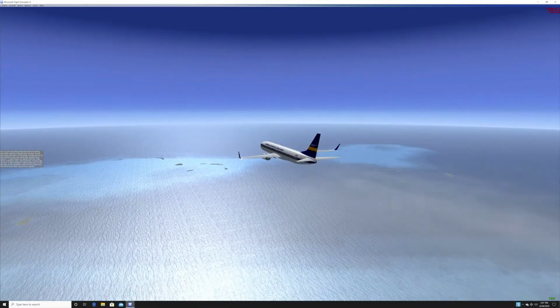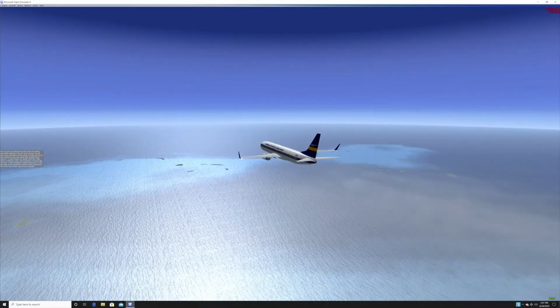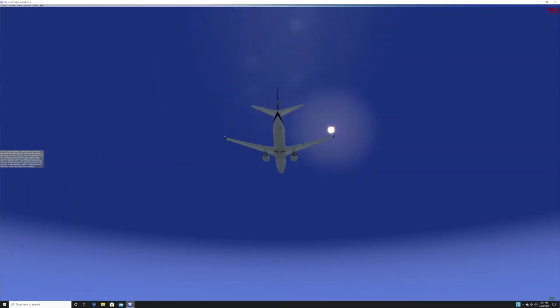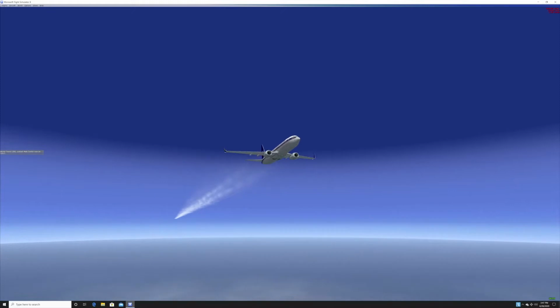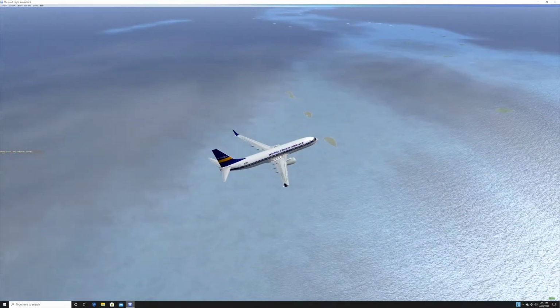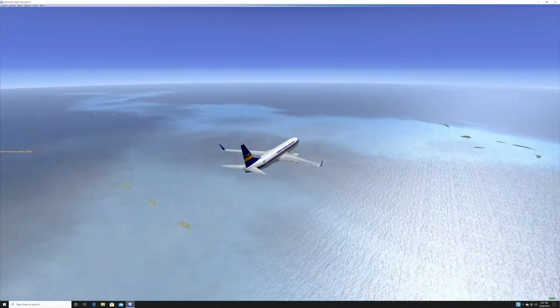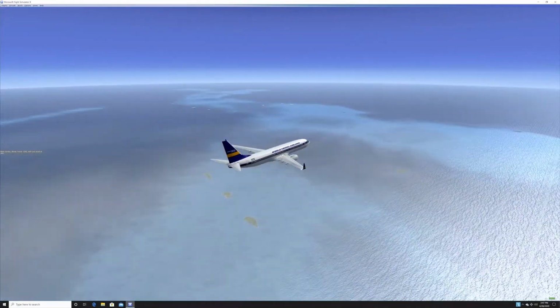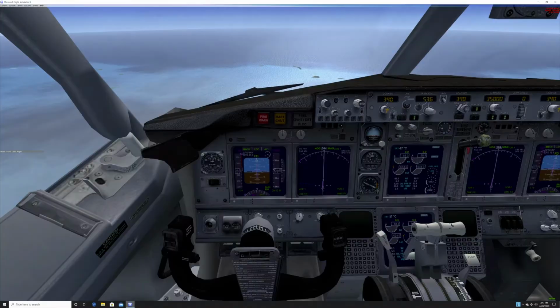Hey, wait a minute. Looks like we have a fuel imbalance. 600 pounds less on the left side at the moment, which is weird since the fuel flows have been equal since takeoff. World Travel 1392. Contact Male Center now on 119.7. World Travel 1392, switching, thanks. Male Center, World Travel 1392 with you level at 350. World Travel 1392, roger. It's possible that it's a fuel quantity gauge malfunction and not a real imbalance, but given the rate at which...